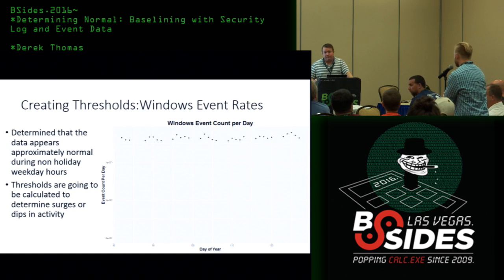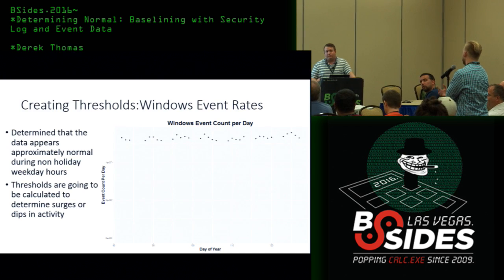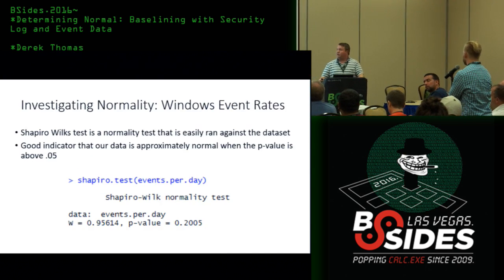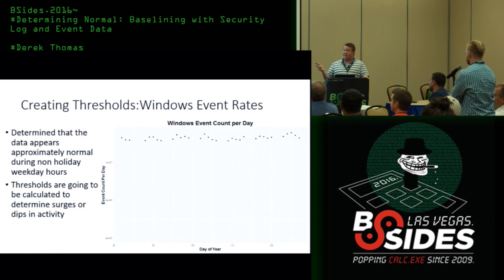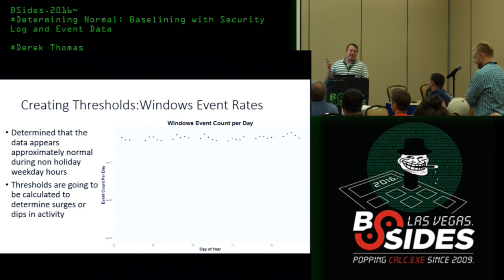Yep. This is more of a comment than anything else. If you start looking at autoregressive and moving average models, then you'll be able to actually incorporate those weekends into the baseline that you use. That's a good point. That's something I'd definitely like to talk about with anybody if they have ideas, because this might be rudimentary and there might be some better options. So I think, like looking at a 7-day moving window, is that what you're talking about?